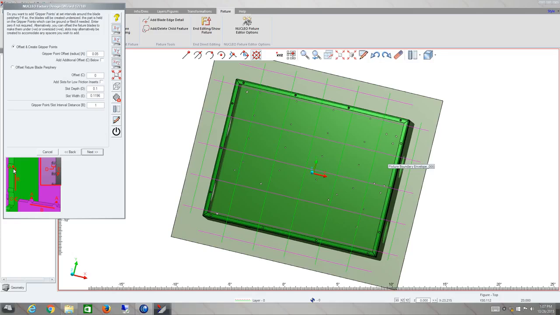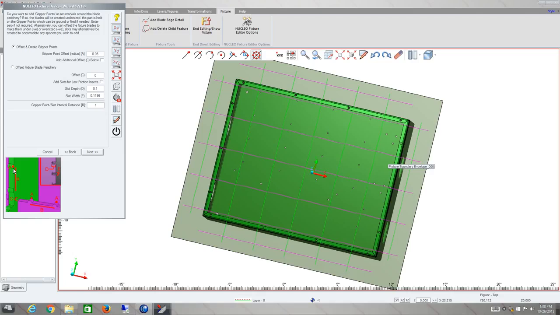and then the part is then just sitting on the bumps on the edge of the blade versus the whole periphery of the blade. Some people like this for less friction, or for adjusting the fixture in the real world you may need to file these bumps down in places. So it's just a way of making the fixture oversized. You can also do that after the fixture is finished with a direct editing option, which again will be in another video, where you can just, after you finish creating the fixture, do direct editing and change discrete